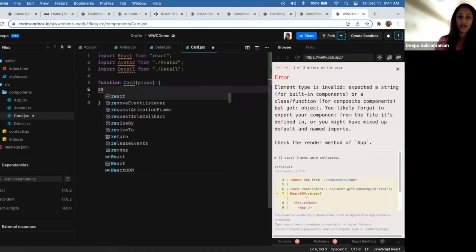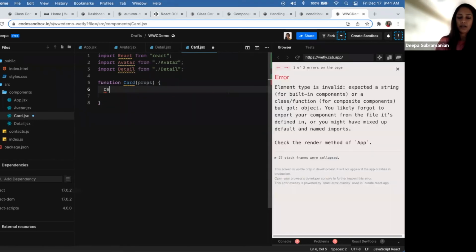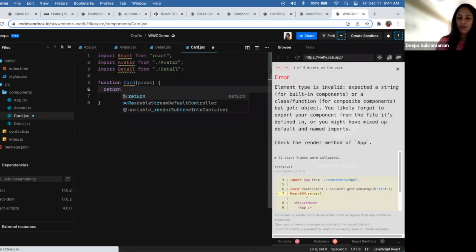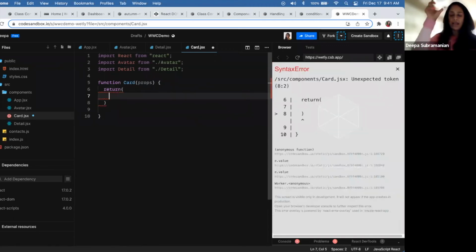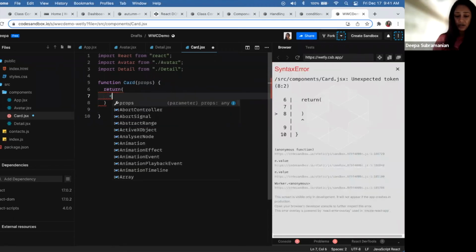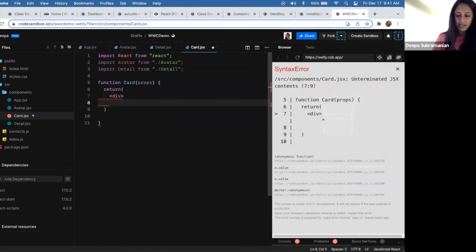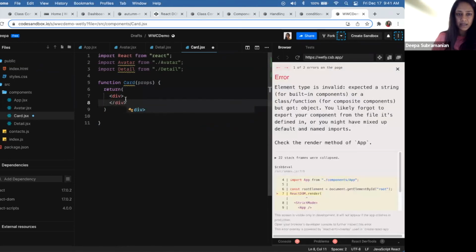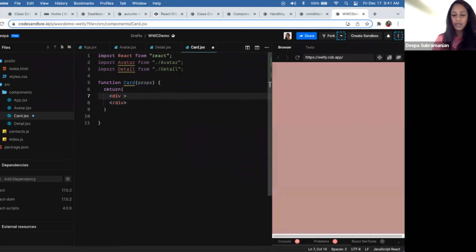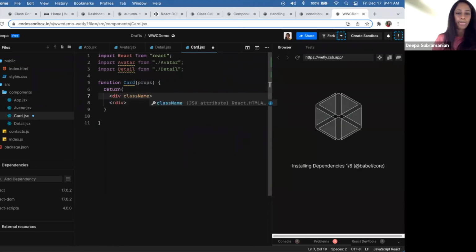Let's return. What are we returning? We're returning the entire part. So div, let me go ahead and close this div right here, or else I forget, because this is not the IDE that I usually use. Class name, and then